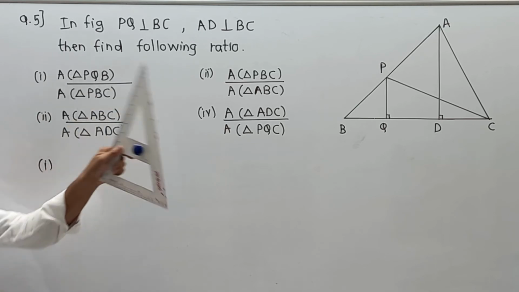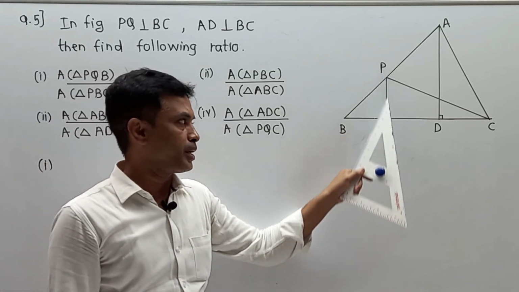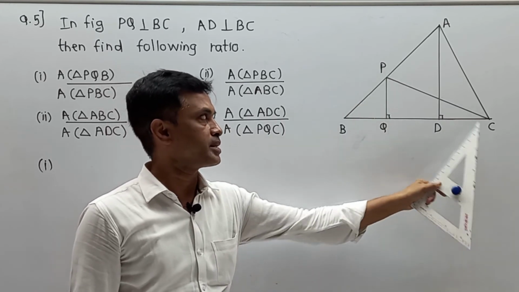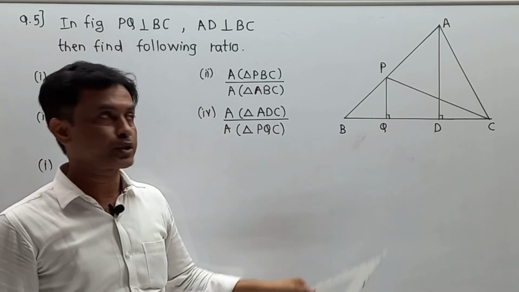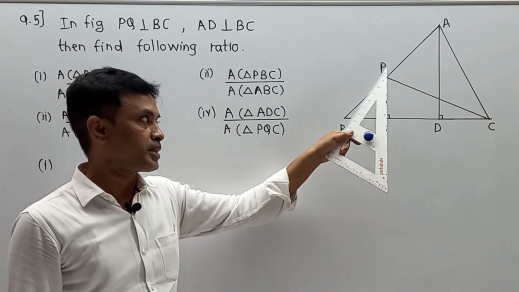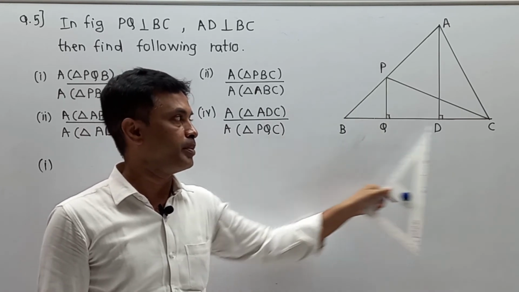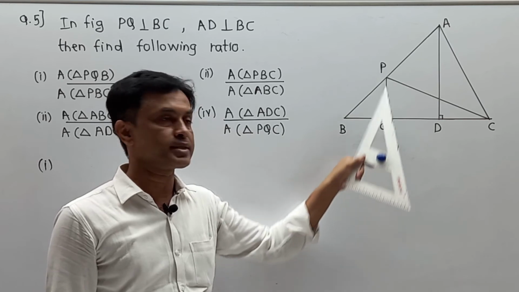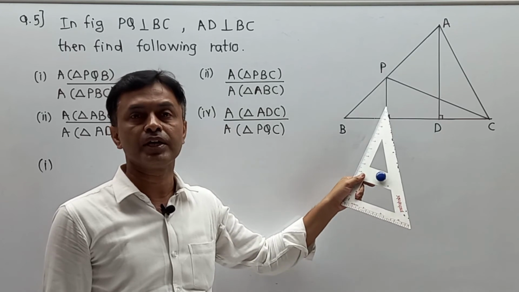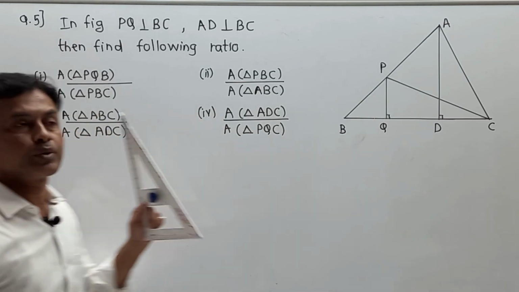Once again about this question, I am going to explain from the diagram point of view. PQB and PBC. From both triangles you can easily understand that this height PQ is common in both. In PBQ your height is PQ, and in PBC your height is PQ. Naturally the base is going to change, height remains the same. This means the ratio of areas of two triangles is equal to the ratio of their bases, because the height is the same.